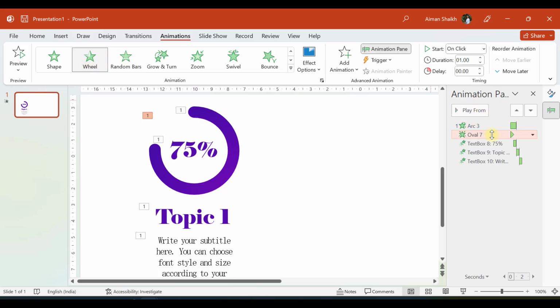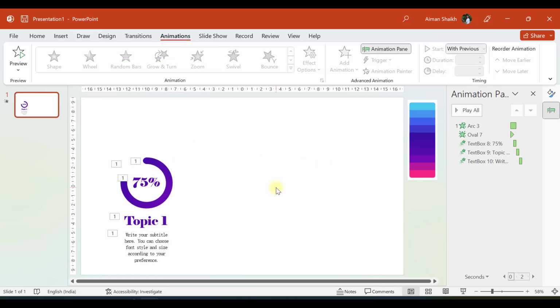So we have applied animation to the arc, which is the wheel animation. We have applied animation to this small dot which we have added due to the incomplete arc or the rounded arc. We have applied this animation zoom in to the text boxes which we have like this. And we have a slight delay of half a second after this oval and the text box 75% which we have written. So now these are all the steps which you need to do to make the animation,